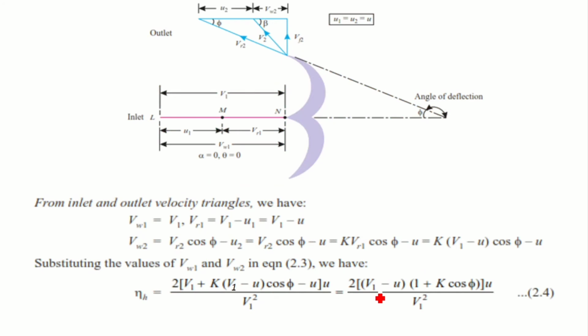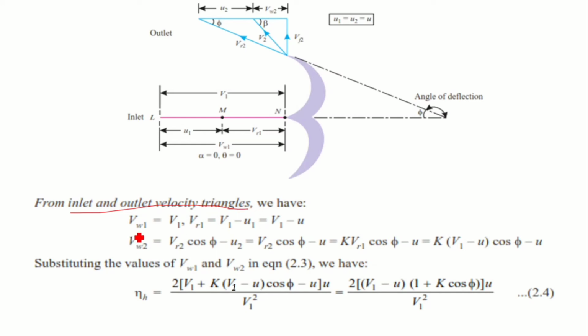So next we will discuss how to obtain the maximum efficiency. What will be the condition for the maximum efficiency? In order to obtain the condition for the maximum efficiency, we need to check the expressions. So from the inlet and outlet velocity triangle,